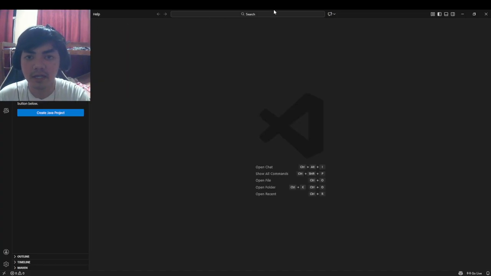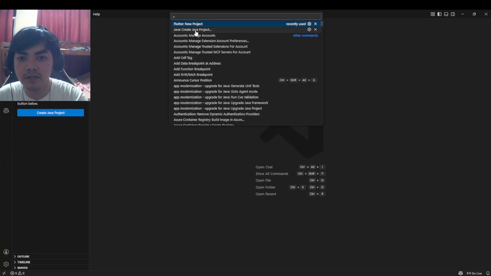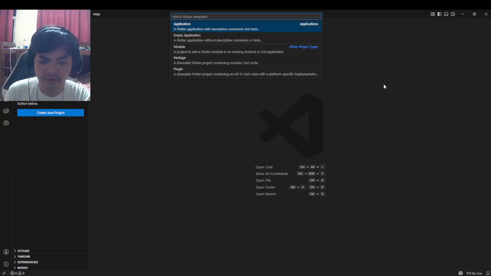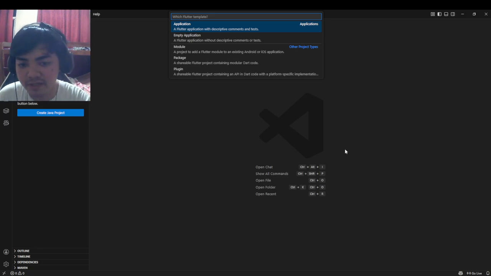After you install them, on your keyboard press Control plus Shift plus P. So Control Shift P, and this option will appear, Flutter: New Project. Since mine is already installed, it's going to ask to install a requirement, which is the Android SDK. Then you have to configure it, and for more information you can go to the Flutter documentation, so you can install it on your own.